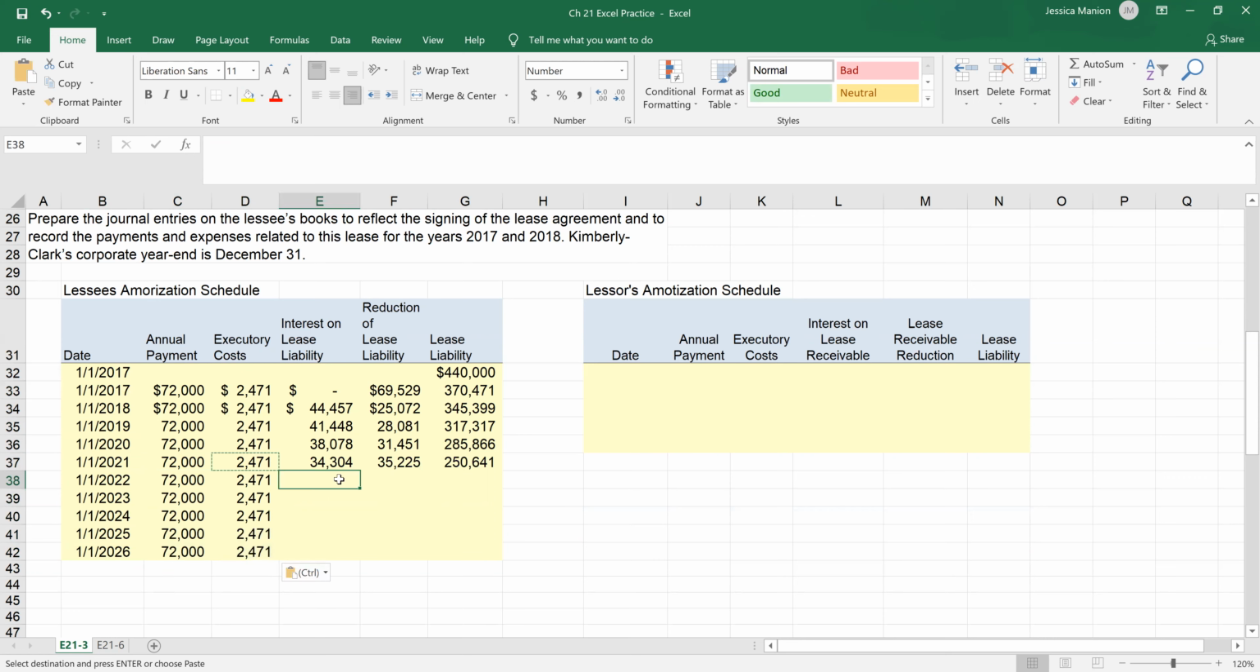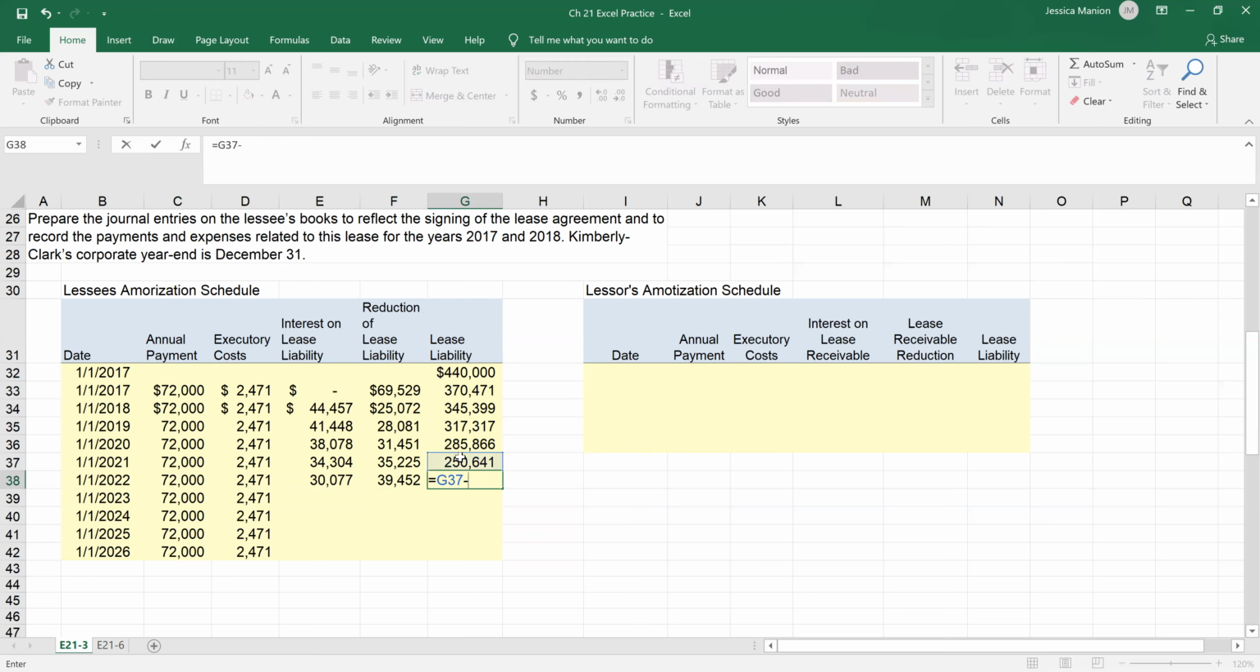And now the interest equals 256.41 times 0.12. And that automatically puts that in there for us, equals 251 minus 39,452. Okay. So now interest equals 211,189 times 0.12. And it already put the 44 in there for us, so that's nice. Minus 44,186